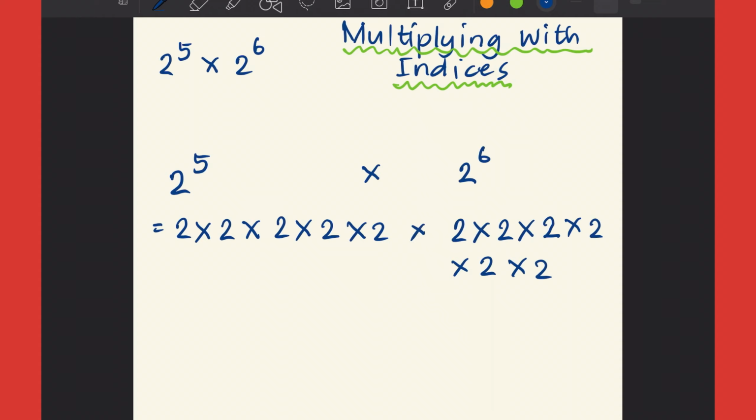We have two groups, this one and this one. If we combine them together, we can say that